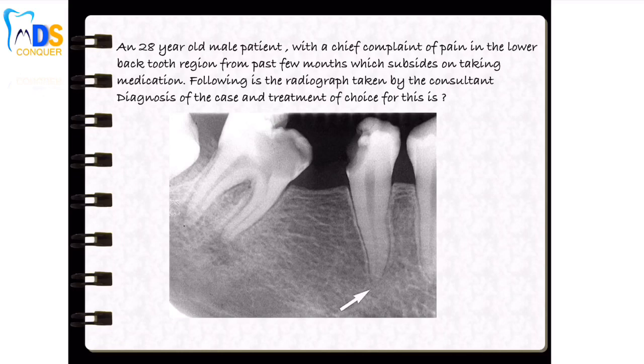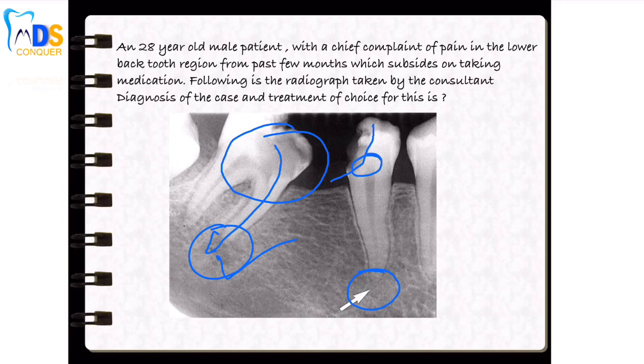Okay, the next question. Before seeing the data they have given, it's very simple that there is some periapical lesion here. Not a severe periapical lesion, but you can see a periapical lesion here too. Here the radiolucency is extending and almost approaching the pulp, and here it is clearly destroying the pulp. So you know that it is a pulpal lesion leading to the periapical lesion. You can see the loss of lamina dura in this case, where you can see it in the adjacent teeth. Whenever you have a doubt, whenever you are not clear with the radiograph, always compare to the adjacent teeth.